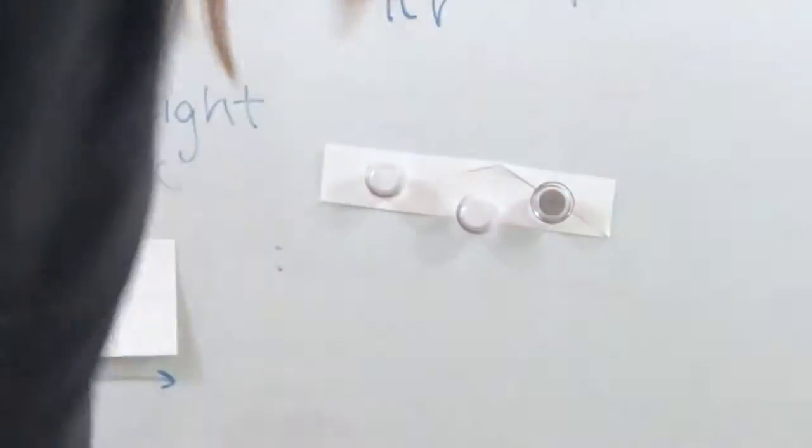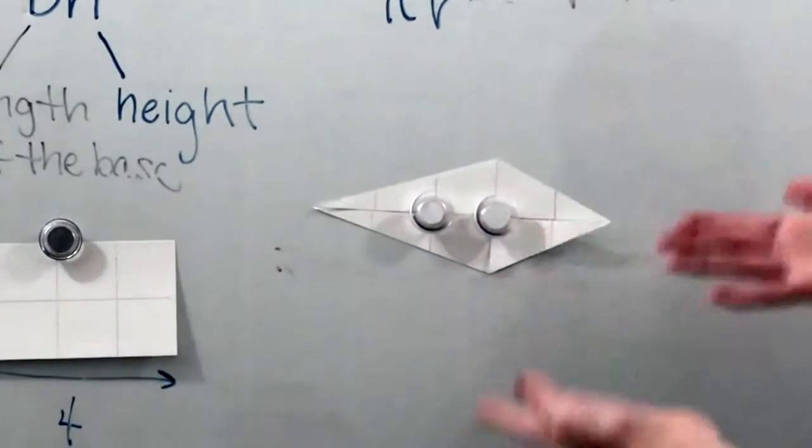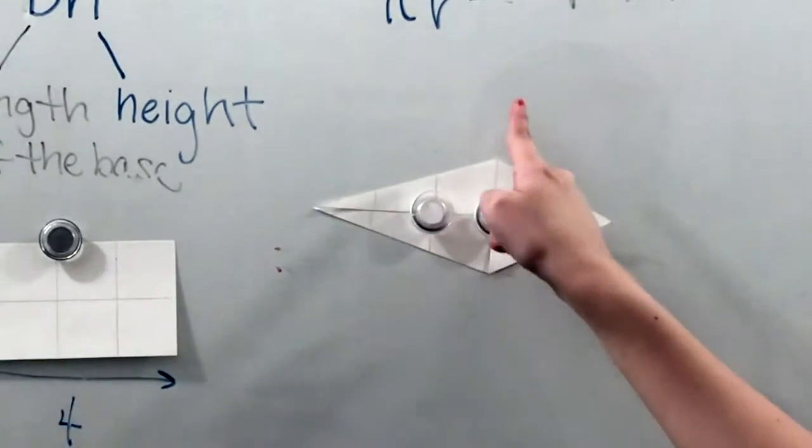And if you notice something about this shape, that looks an awful lot like a rectangle. But when it was originally a kite, you just need to...